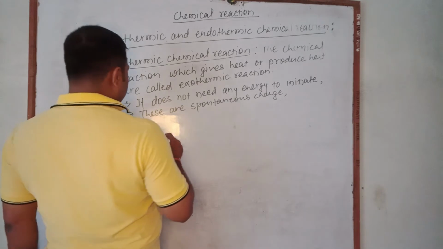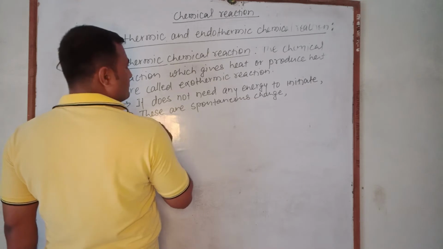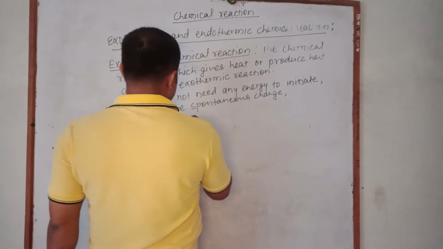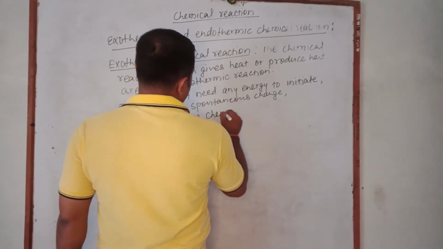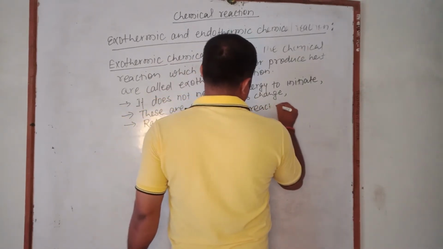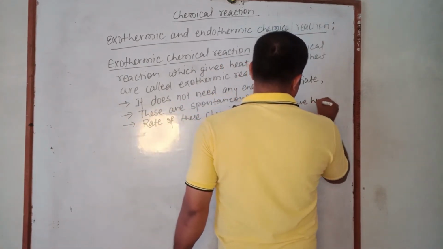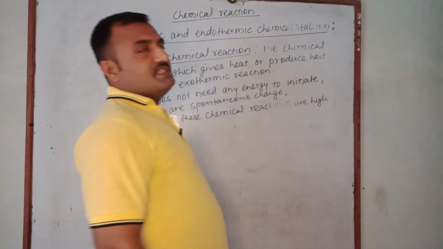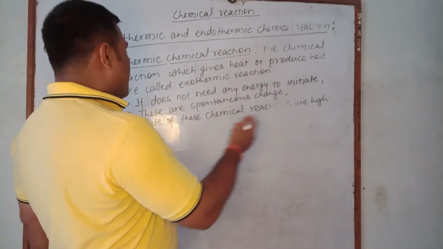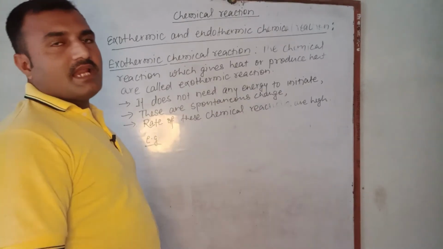And other, here, the rate of these chemical reactions are high. Generally here, the rate of these chemical reactions are high. Why? Because in a certain less time products are formed,